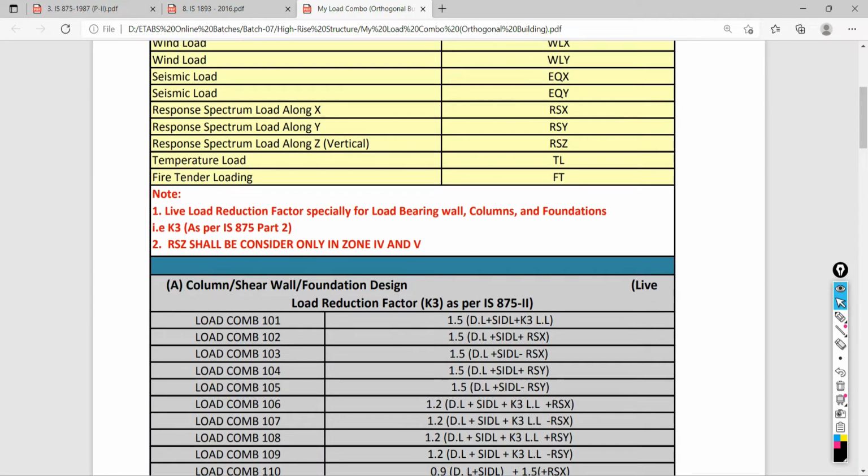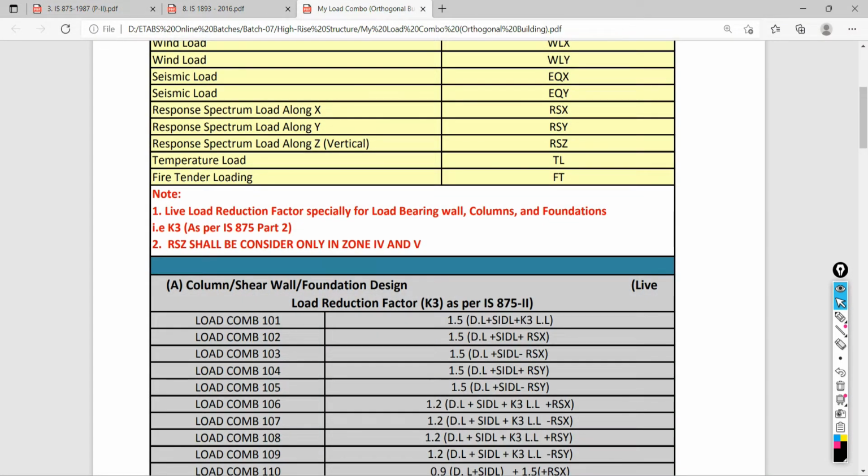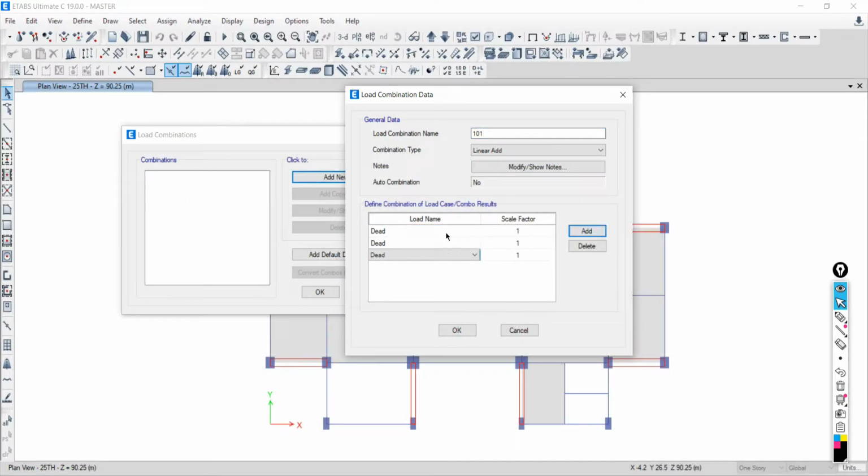First 101: dead load, SI DL load, and live load with the multiplication factor of 1.5.